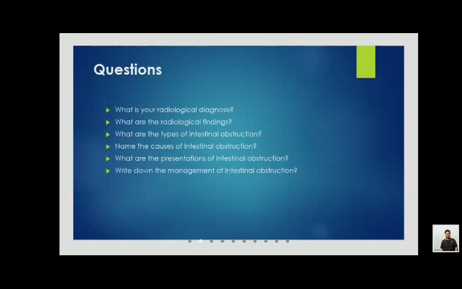So our initial management is initial resuscitation, immediate resuscitation of the patient. After reaching the patient, we keep the patient nil per oral. Number two, the most immediate is nasogastric decompression by putting in a wide-bore nasogastric tube for suction. Then, as the patient has fluid loss and electrolyte imbalance, we start intravenous fluid in the form of crystalloid solution, initially crystalloid like Hartmann solution as the fluid of choice.